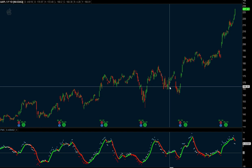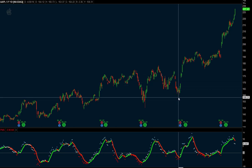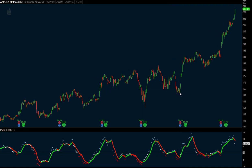Okay. Now again, I'm waiting for it to get liquidity. It doesn't get it up here when it flips, so there's no trade there. Here we do pick up some liquidity and it flips. Now watch this one. This one is